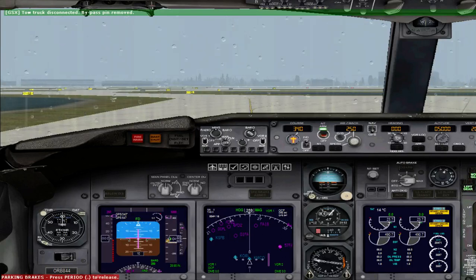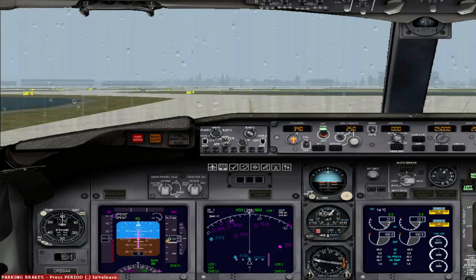Tow truck disconnected. Bypass pin removed. 36 right, we are taking Echo 1. We could take Echo 1 to Echo, and then Charlie. So Echo 1, Echo, Charlie, Bravo 9 or Bravo 10. It's probably what I'm going to expect it to say, but...